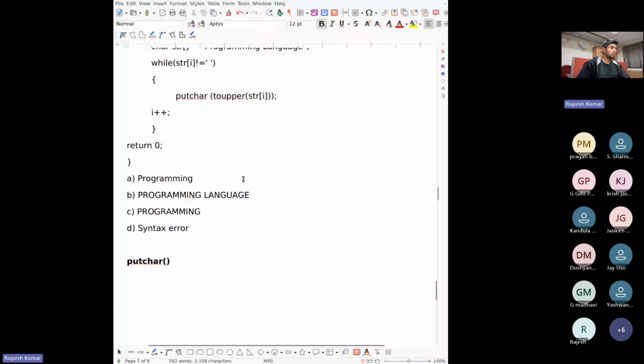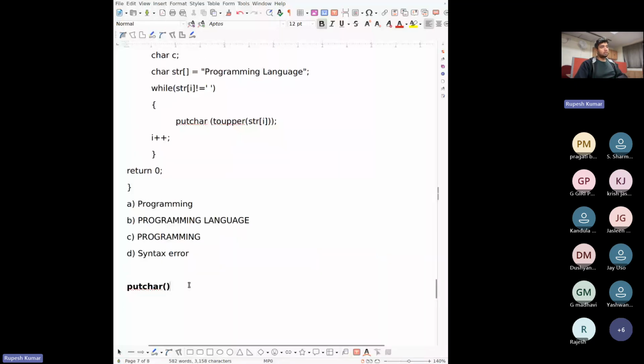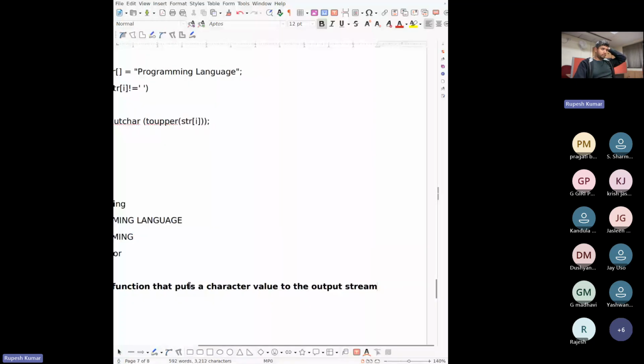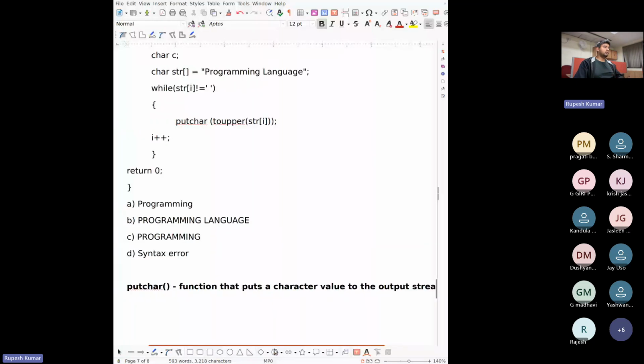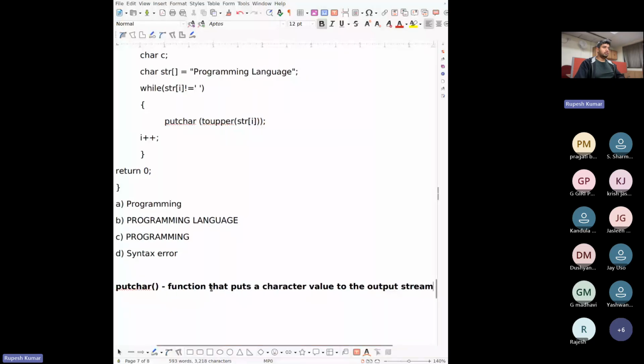Do you know what the putchar function is? It's the function that writes a character value to the output stream. By default, it's your screen, the terminal window display screen. So it puts characters onto the display screen.